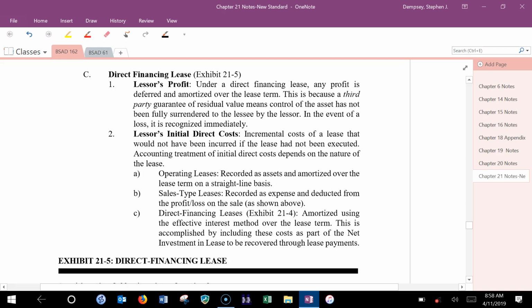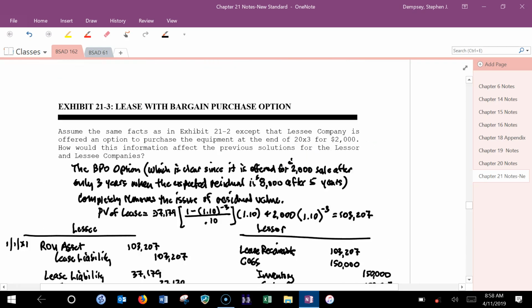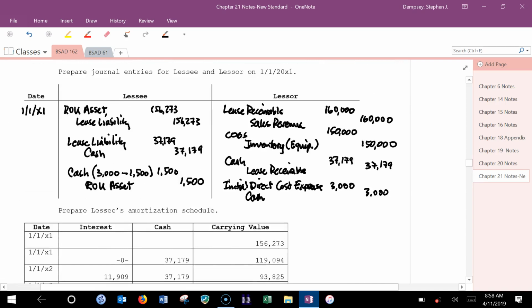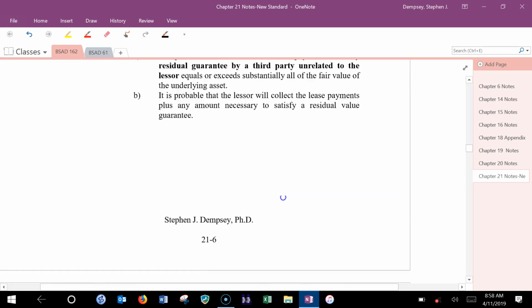Now, what is this whole thing about? This is in fact, the standard says this is likely to be rare, but they closed a loophole on this. If a third party guarantees any of the residual value, they would have to go ahead and include that amount in their receivable, or what we're going to call the net investment in the lease. Okay? Whereas the lessee, I should go back and just make sure you understand what I'm talking about. Let's go back here. It's been a few days we've been working on this problem, and I can see a little confusion in the eyeballs, so let's go ahead here and look at this.